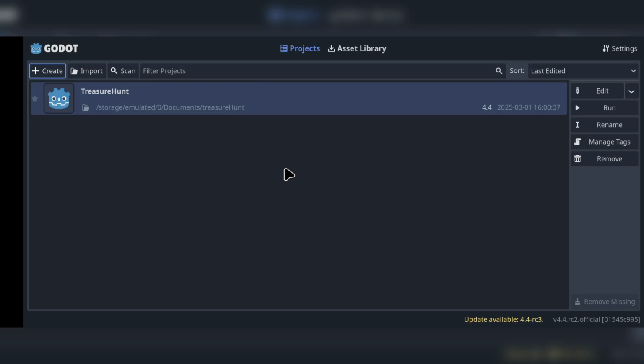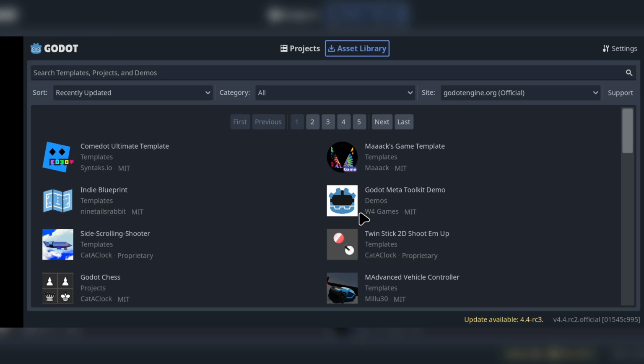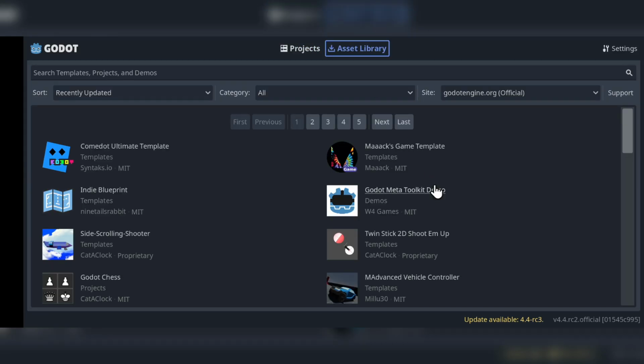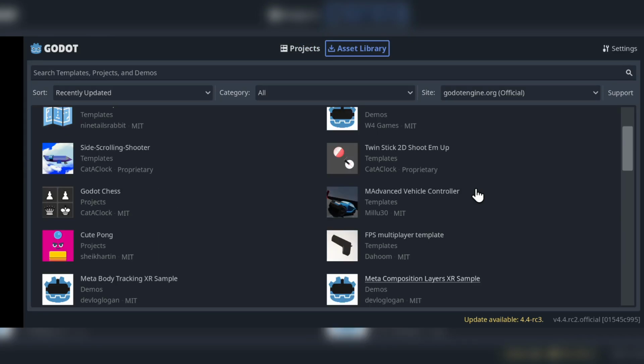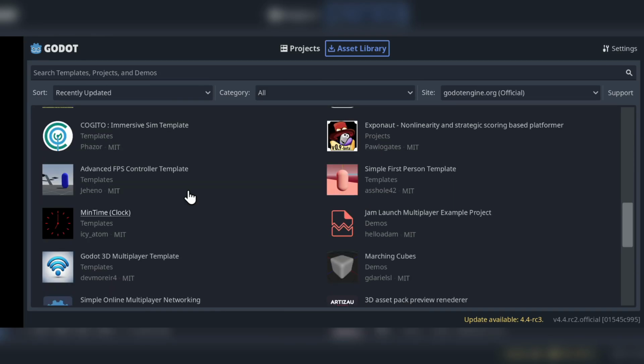Before we close off this video, there is one more thing I wanted you to understand. A lot of you get confused between the asset library, which is over here, and the AssetLib tab, which is inside the Godot engine. These two tabs look similar, but they have different products, I would say. If you are under the project menu and switch to the asset library tab, whatever products or listings you see here,